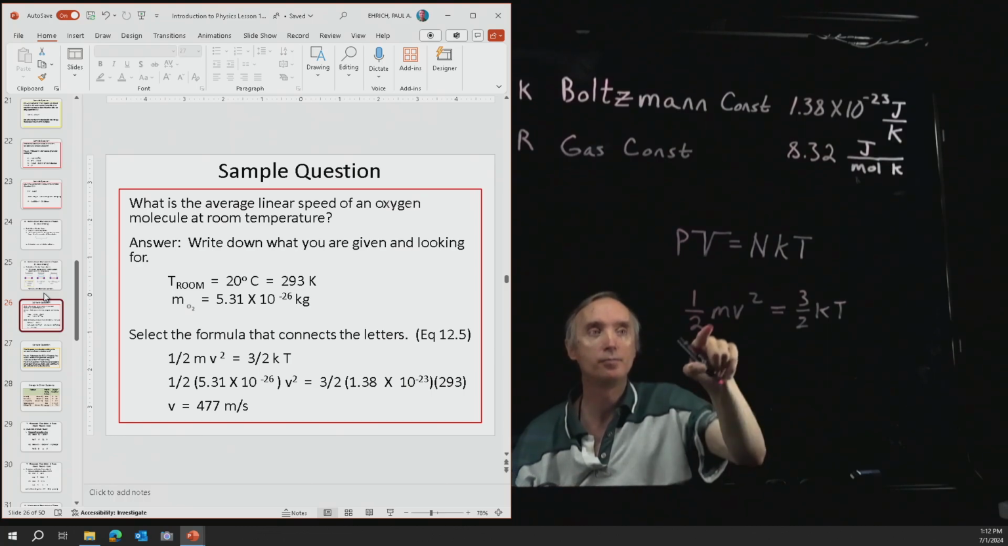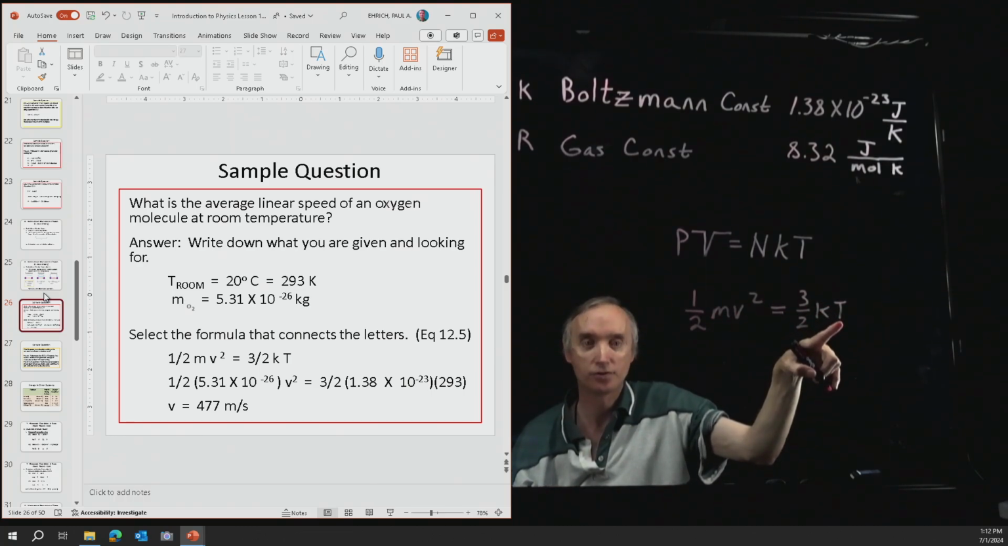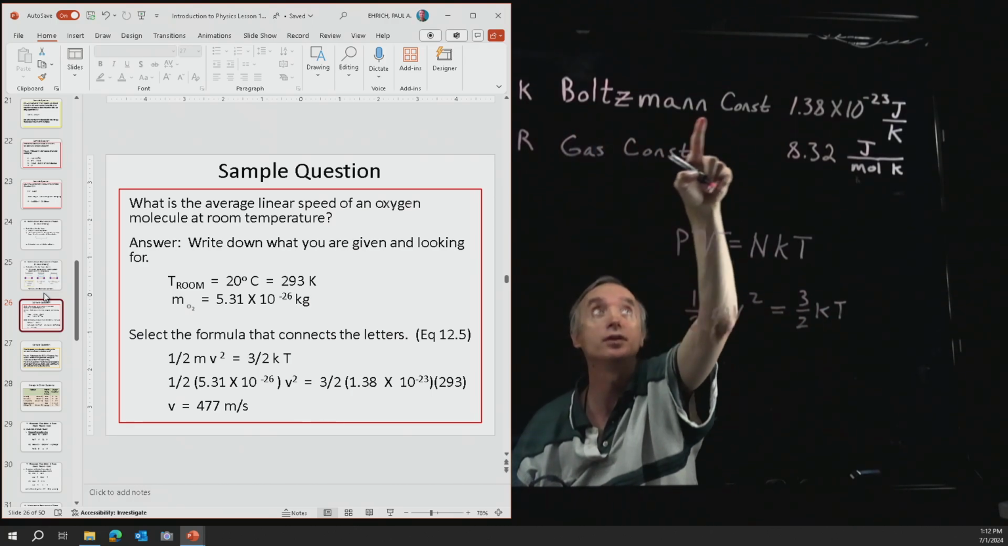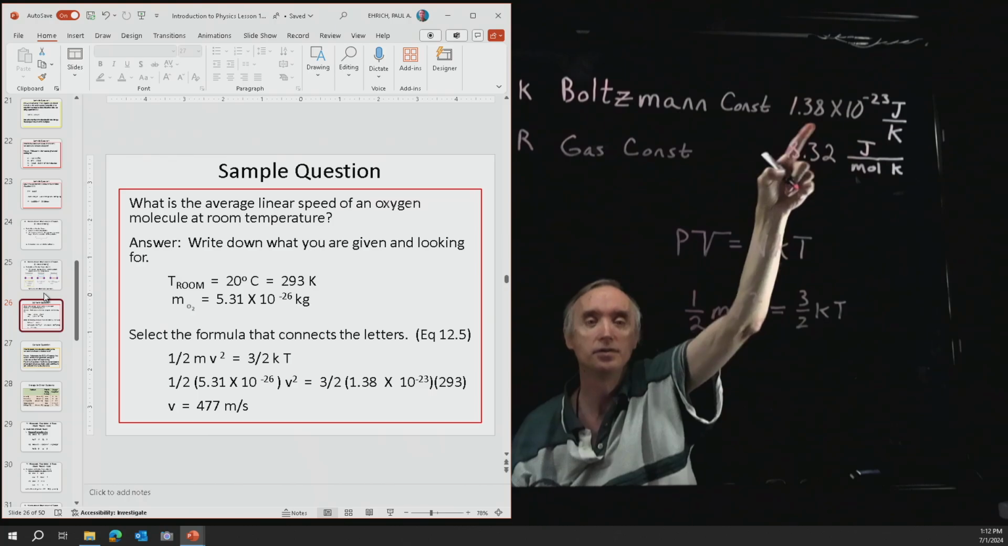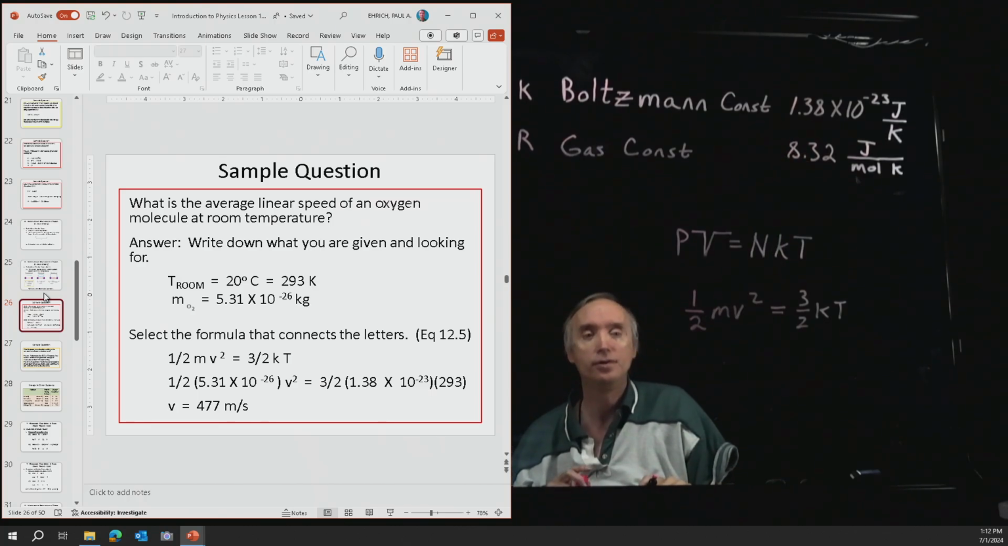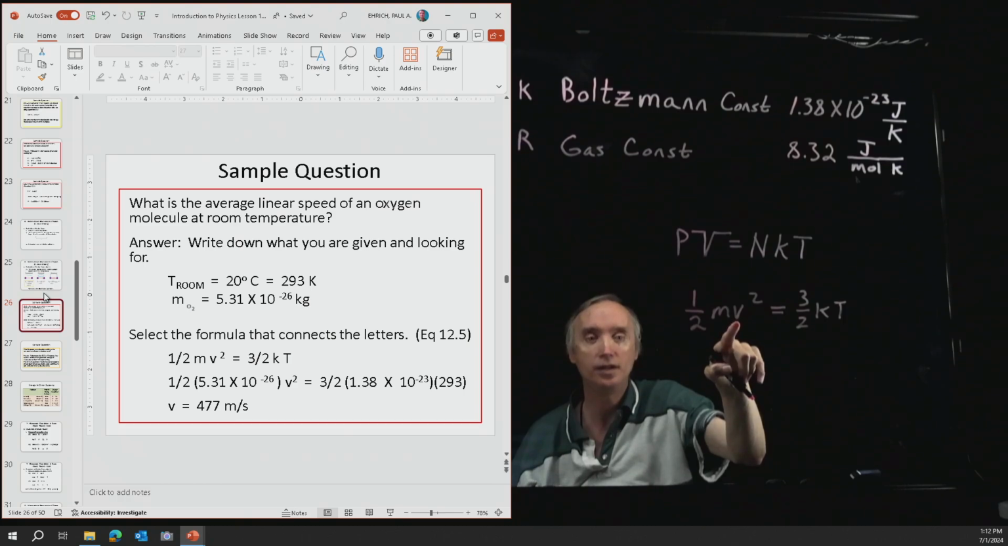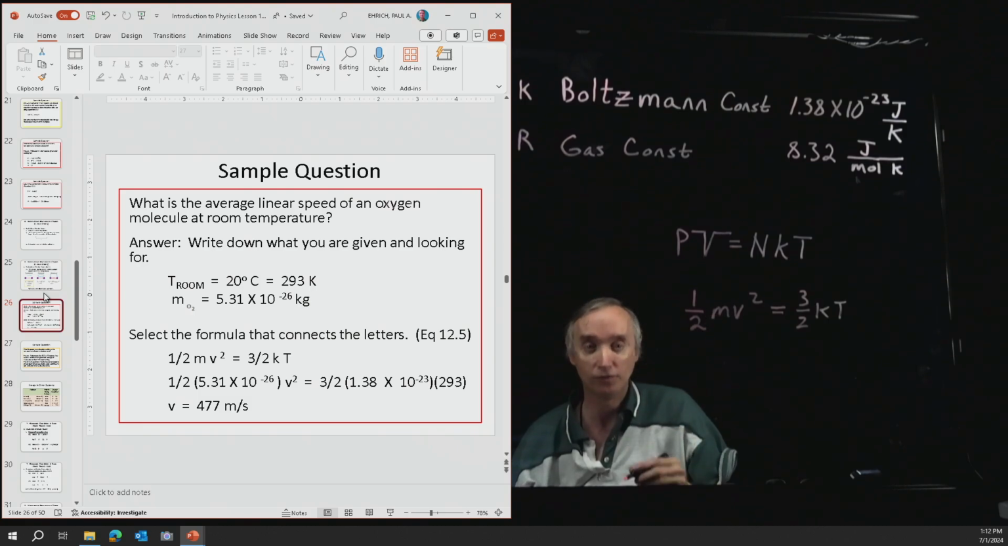So now we're going to plug in the mass. We're going to plug in the temperature. We know what the k is: k is the Boltzmann constant. So we're going to plug all of those numbers into the formula, and then we need to solve it for the letter v. We're going to need to take a square root to get to that v. And it turns out to be